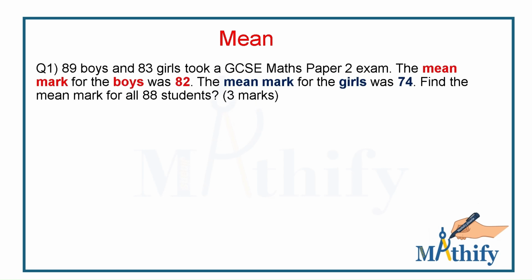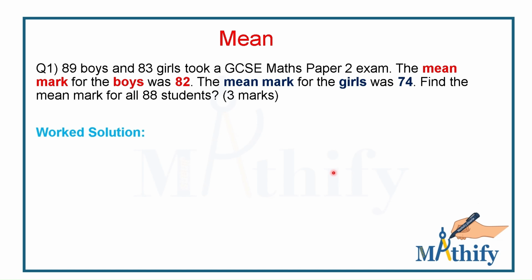Here is an exam style question to go through together. 89 boys and 83 girls took a GCSE Maths Paper 2 exam. The mean mark for the boys was 82 marks. The mean mark for the girls was 74 marks. Find the mean mark for all the students. 3 marks. I'll show you how to get 3 marks for this question and how to break them down step by step. The first important step when solving this question is to work out the